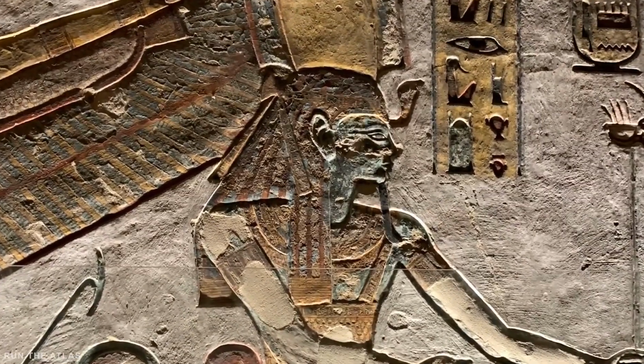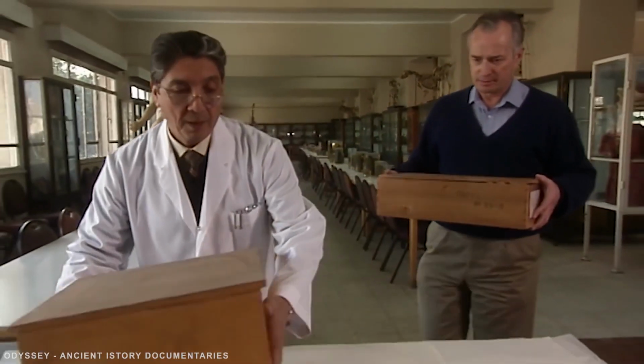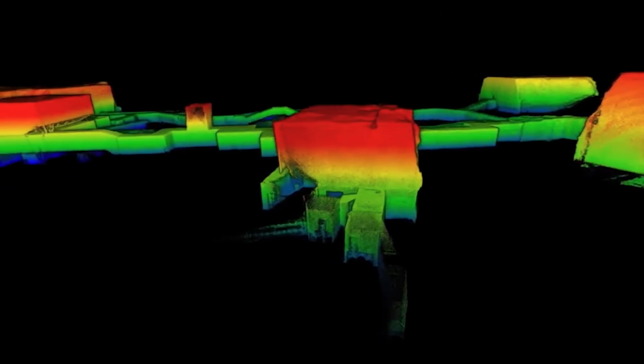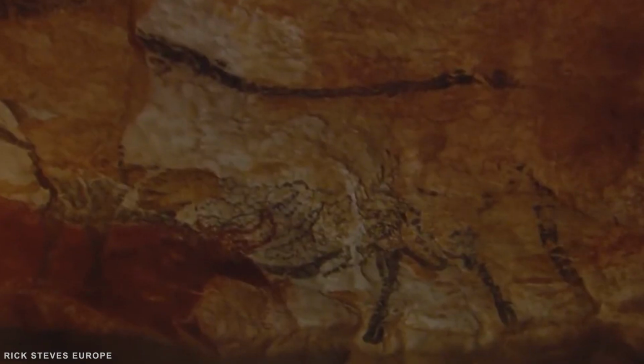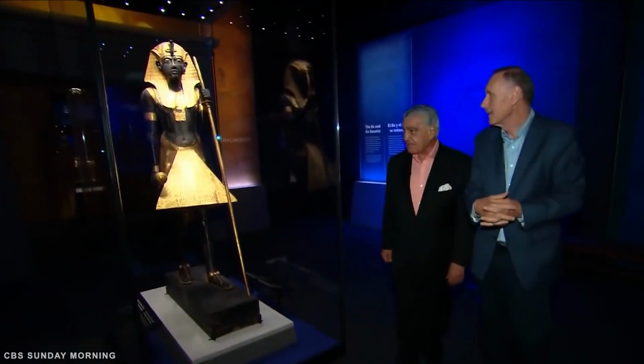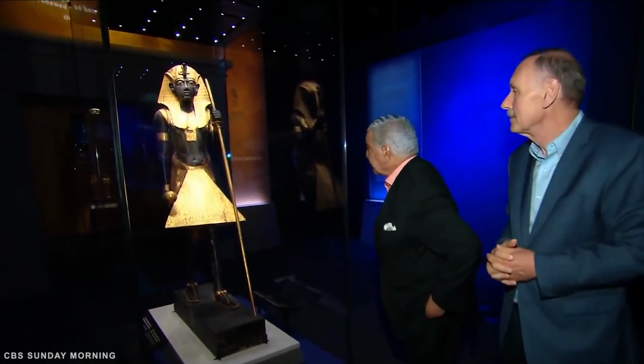Managers of historical works must take this opportunity when new technologies are made accessible for heritage protection. Because of digital tools, we were able to create the largest false cave in the world and do a really convincing job." Agnew says he at least believes that the cumulative effect of the recent conservation work on Tutankhamun's tomb